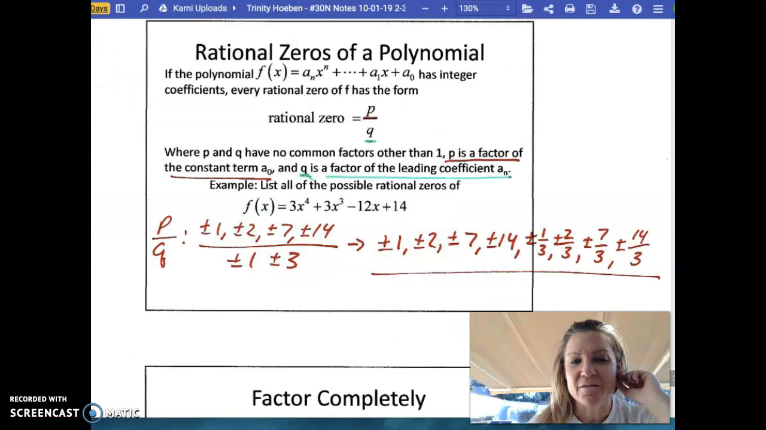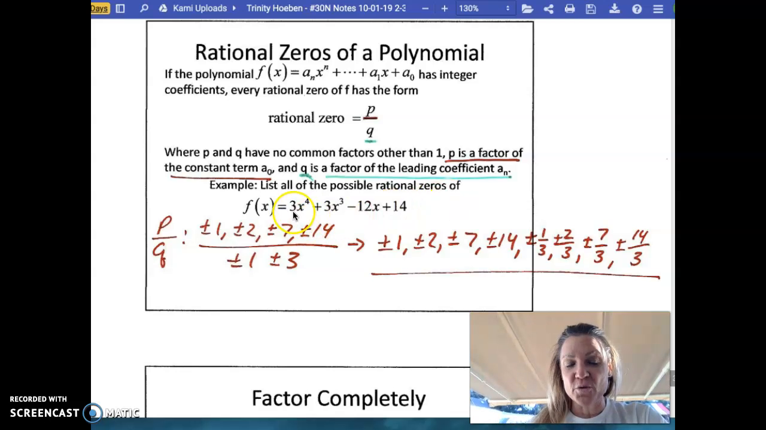Now we're going to talk about what to do when they ask you to list all of the possible rational zeros of a polynomial. That's how the directions for most of these are going to be worded: list all of the possible rational zeros of the polynomial. So for the polynomial 3x to the fourth plus 3x cubed minus 12x plus 14, we're